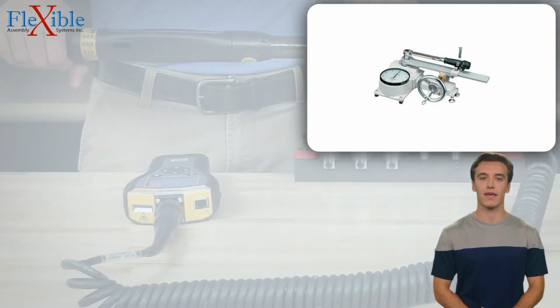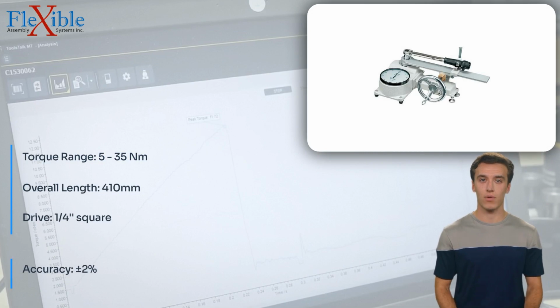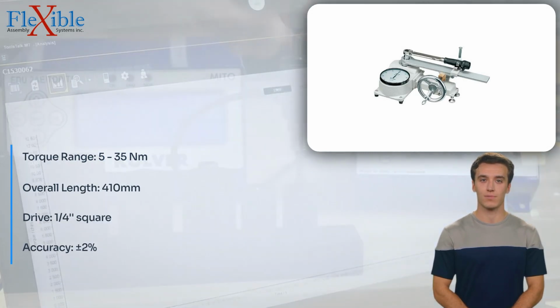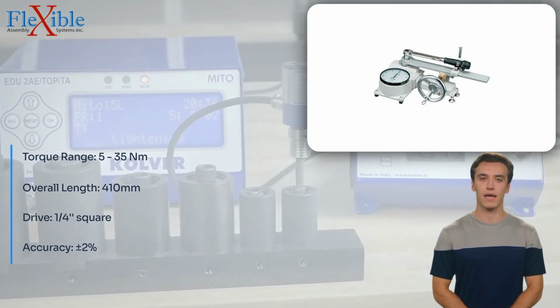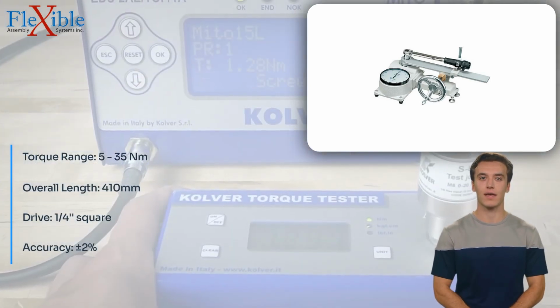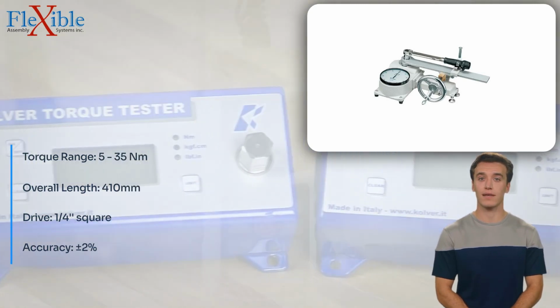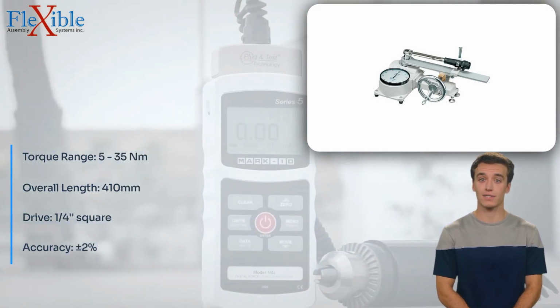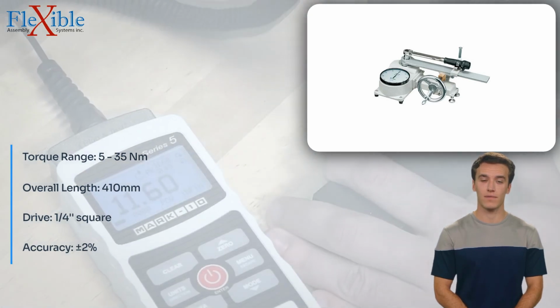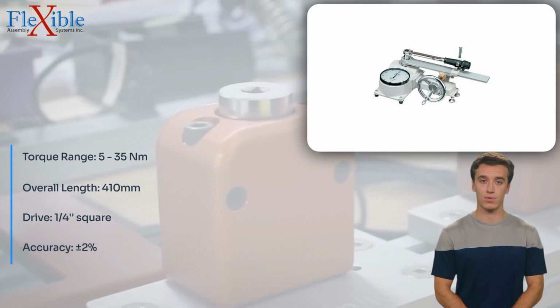Introducing the Tohnichi DOT35N Torque Tester, a reliable and precise tool designed to measure torque values with utmost accuracy. Engineered by Tohnichi, a renowned brand in the assembly industry, this torque tester offers exceptional performance for various applications. Covering a wide torque range of 5 to 35 Newton meters, the 35N is suitable for testing a variety of torque tools